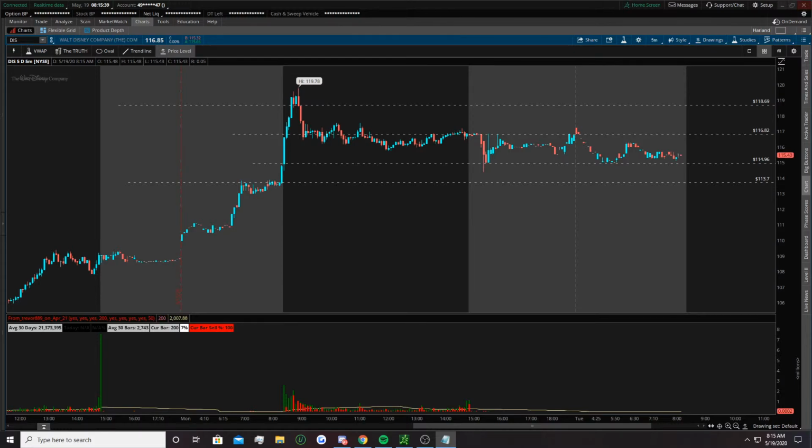Above 116.80, target 118 to 118.50. Below 115,